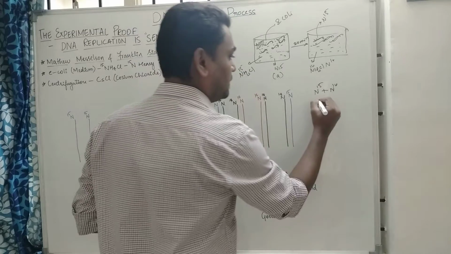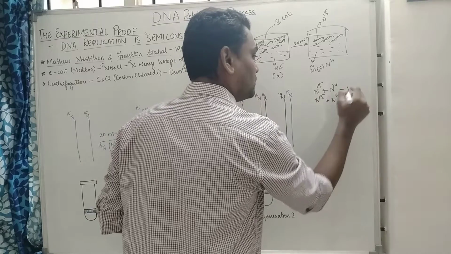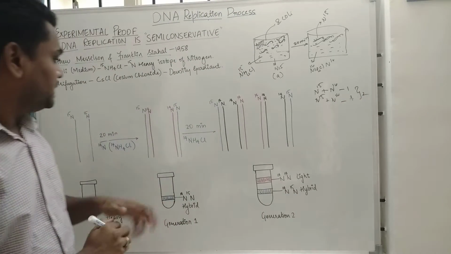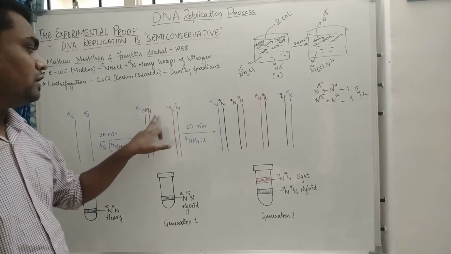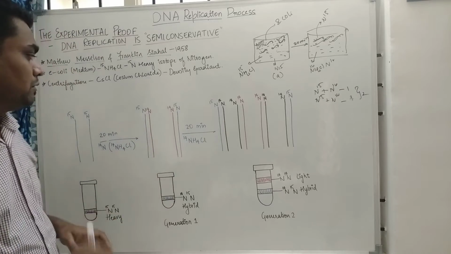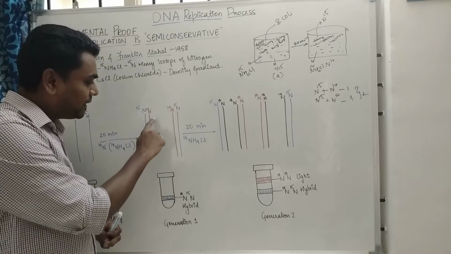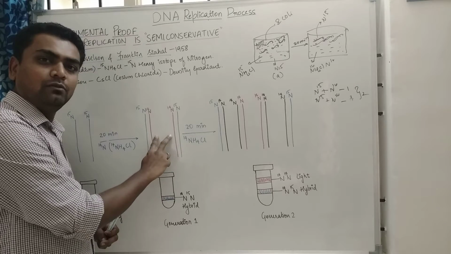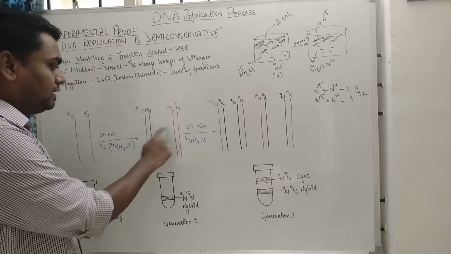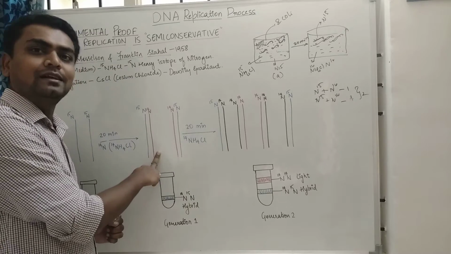Because it's a double strand, I get N15 plus N14: one strand each, total two strands. One is N15, one more is N14. Is it a hybrid? Yes, it is a hybrid, because the parent is N15. I am not getting the exact same parent; I am getting something new. The two strands are newly synthesized because the parental strands separated and each has a complementary strand, which is the newly synthesized strand.